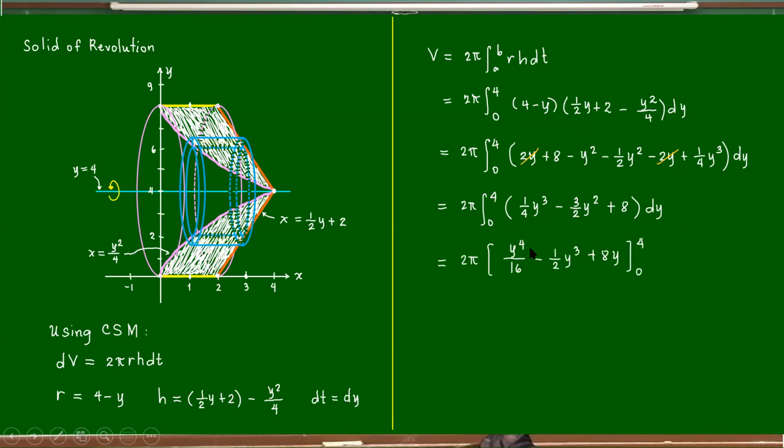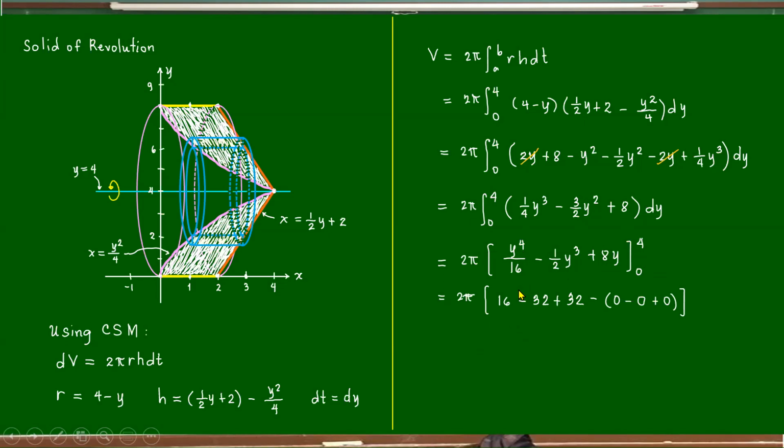Integrating, we have y to the 4th over 16 minus y cubed over 3. 3 is cancelled, getting negative 1/2 y cubed plus 8y, evaluated from 0 to 4. So getting 2 pi multiplied by this. So this is at the upper limit. The value of this is